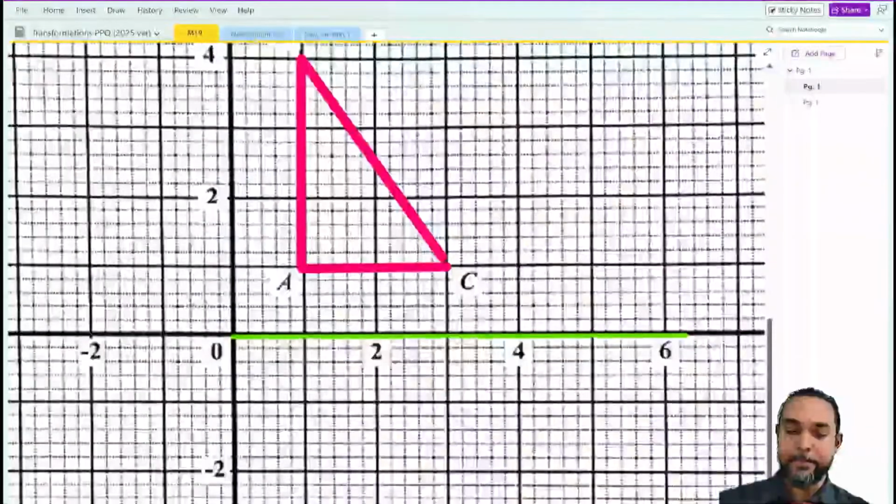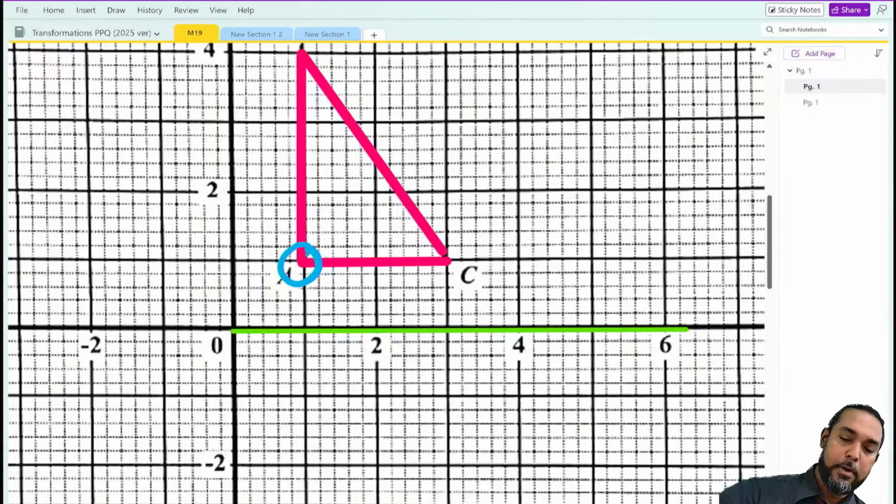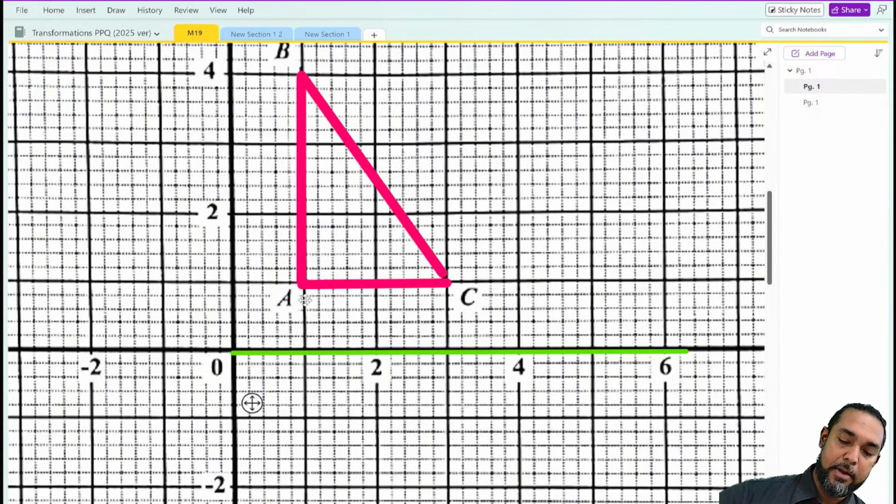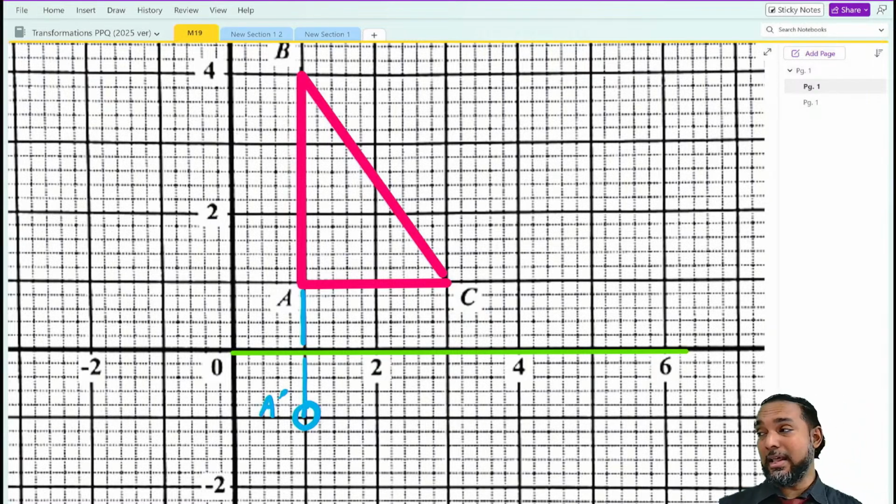If we zoom in here, let's take point A. How far is point A via a straight line from the mirror line, the x-axis, the one in green? That's just 1 unit. So its reflection would also be 1 unit on the opposite side. This point here is where A prime would be. We can't call it LMN here because LMN is the final one. What about C? How far is C from the mirror line? That's 1 as well, so its reflection would also be 1 on the other side. So that's C prime.